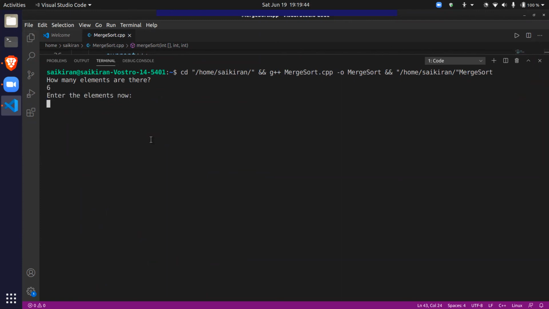6 elements, 7 8 7 8 1 0 4 1. Okay, did I miss something? We have the segmentation fault thing again.